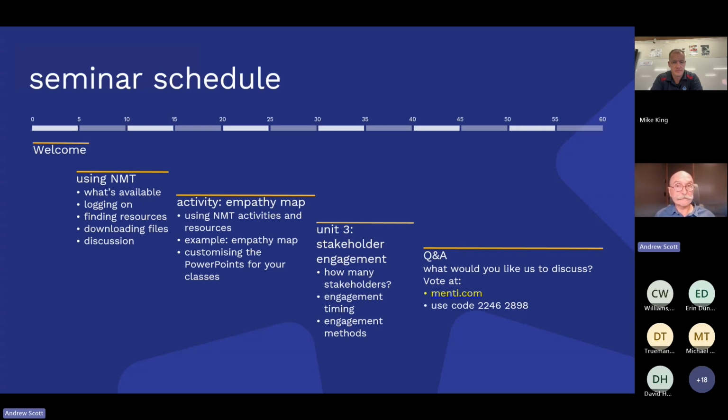I'll talk a little bit about some of the content that we've written for the Unit 3 stakeholder and stakeholder-centered design. Oh, hang on, I keep saying user-centered design because that's what I use at uni. But yeah, the Unit 3 content, and we'll focus on stakeholder engagement. And then we've tried to leave plenty of time at the end for a bit of a Q&A to respond to your questions. So you can post Q&As using the Teams facility, and we'll see those during the